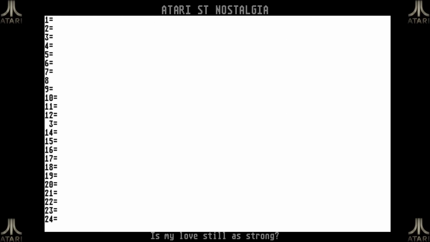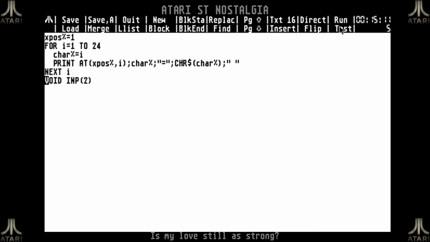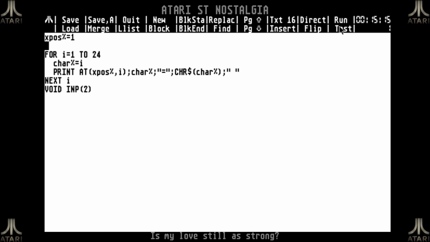So let's run this code, and what you can see, it put the first 24. But also, as you can see, the first 24 it will not accept as an output for the print command. These are non-printable characters. Well, it's a good start. I don't seem to have any big errors in my program so far. But now the fancy stuff comes, because I have to do this 11 times,